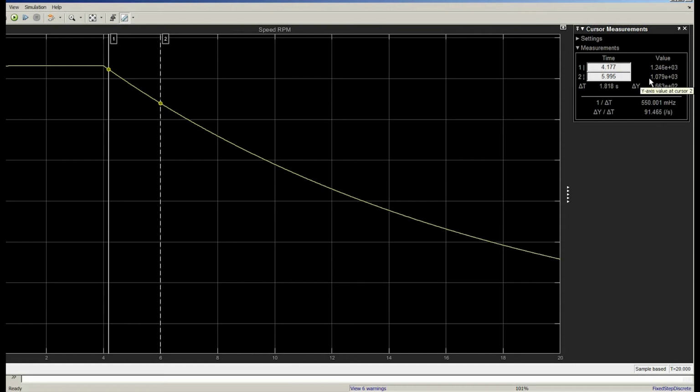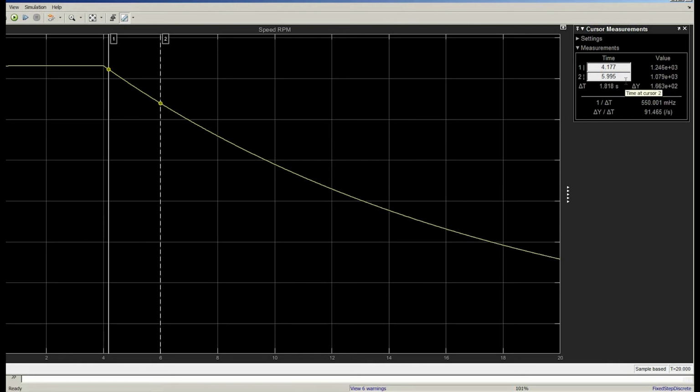We will adjust cursor 1 at 1246 RPM and cursor 2 at 1079 RPM so that we can keep the dn constant. So we will note down the time difference and put it in the Excel sheet as T2.